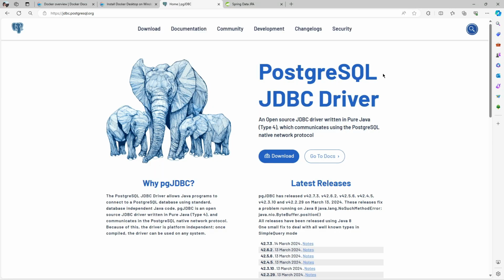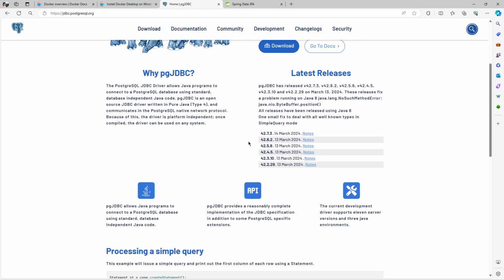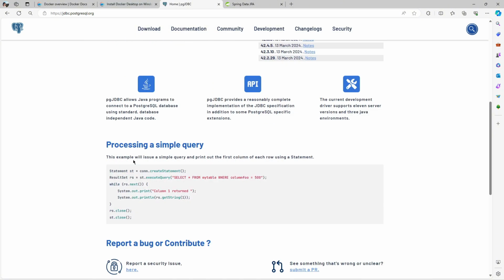So in here, I am in the Postgres JDBC driver documentation, and you can see the Postgres JDBC driver allows Java programs to connect to a Postgres database using standard database-independent Java code.